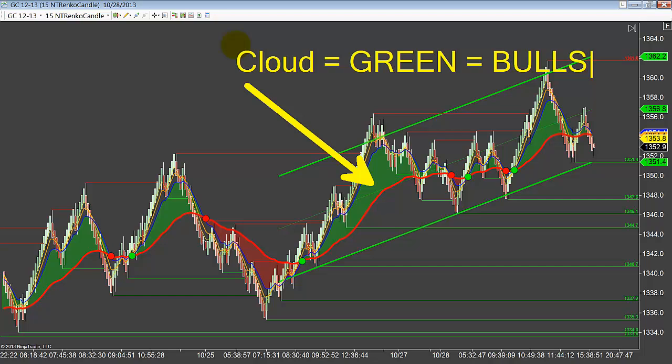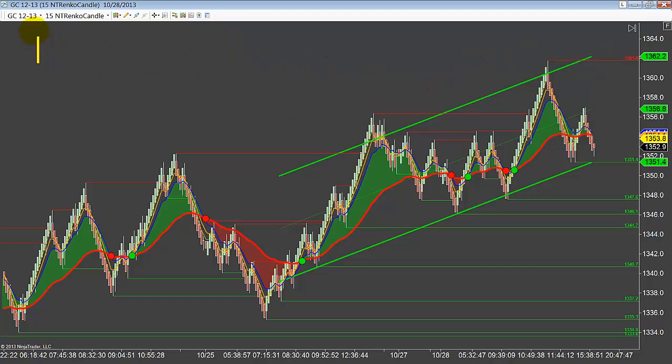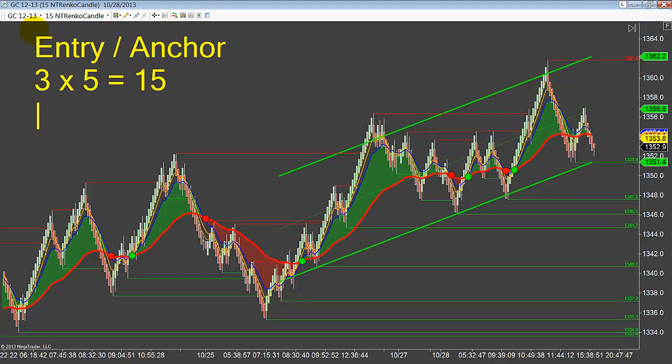We're going to use a combination of time frames, which we call fractals. Fractals means that my anchor chart and my entry chart are going to have a relationship. For example, let's say I use the fractal of 5. I would choose an entry chart that was a 3, and what do you get when you multiply 3 times 5? Absolutely, we get 15. So my 3 is my entry, and my 15 is my anchor.